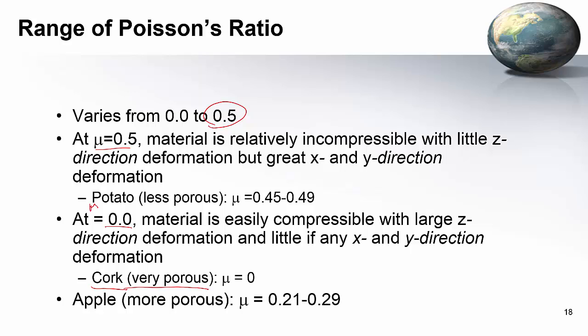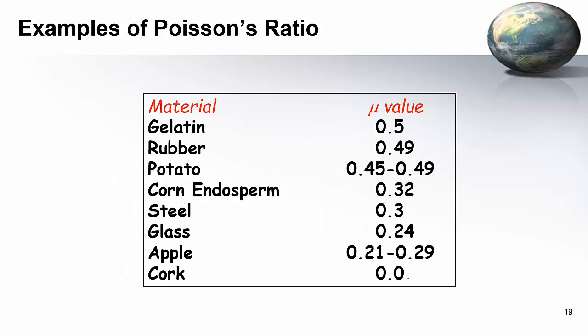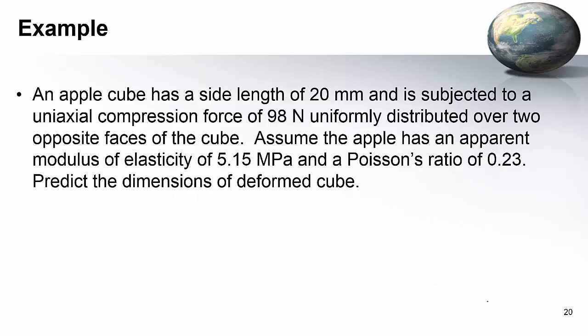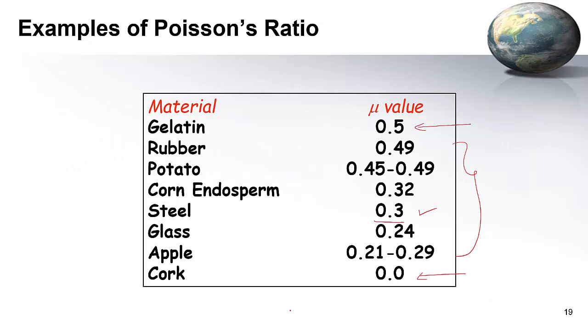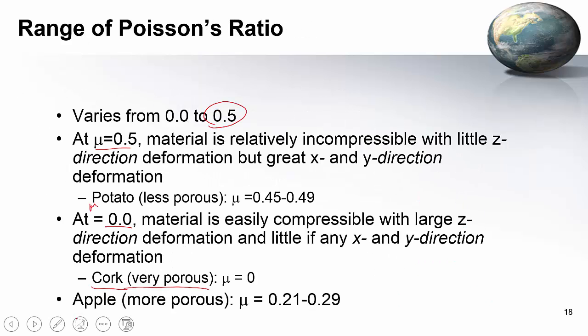So at mu equal to 0, if you look at the different values, actually steel is even 0.3. The gelatin, which doesn't have any pore space at all, is 0.5. The cork is 0. Most other materials fall in between. So let's conclude this point and let's record